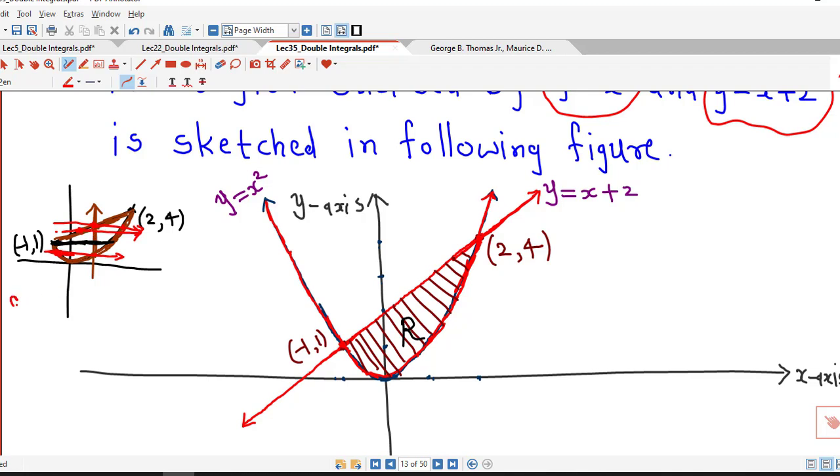If we select the order of integration as dx dy, we have to divide the region. But if we select to integrate with respect to y first, we don't have to divide the region into two sub-regions. So it is advisable to select the order dy dx, which we obtain using a vertical line. If we consider a vertical line in any part of the region, it enters on the same curve and leaves on the same curve, so we don't have to divide the region.